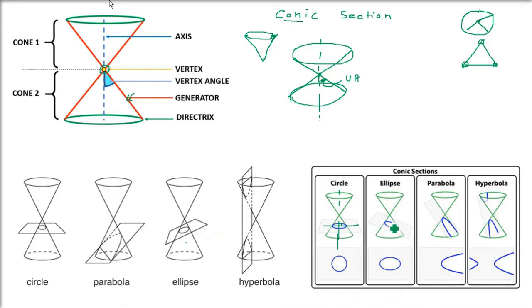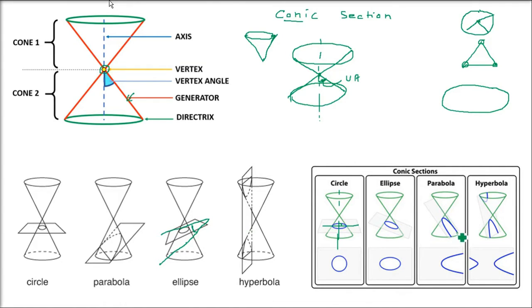Now just tilt it, start tilting that plane. Some tilting, then again tilting, then again tilting. So you just tilt it, it will be an ellipse. Now tilt it more, but not fully, not cutting. If you extend it, it should not cut the upper cone also. So we took this plane, when we formed the ellipse, we just tilted it. Let us say that the angle it is making is beta.